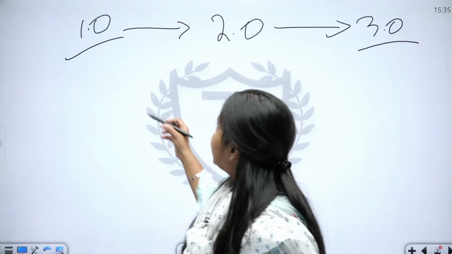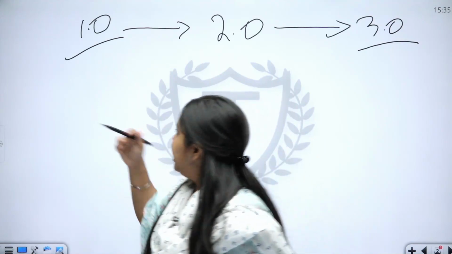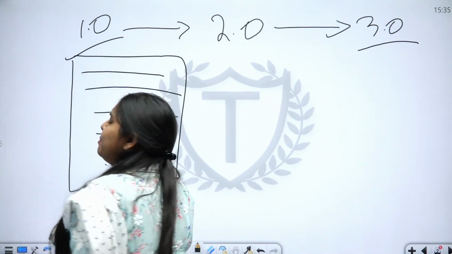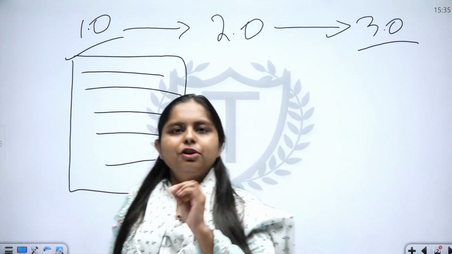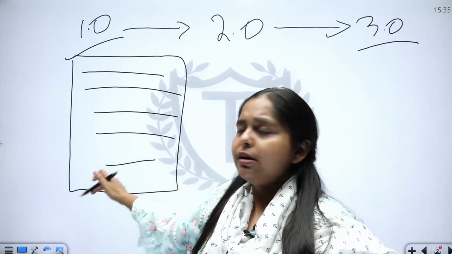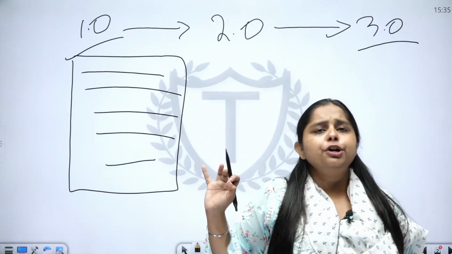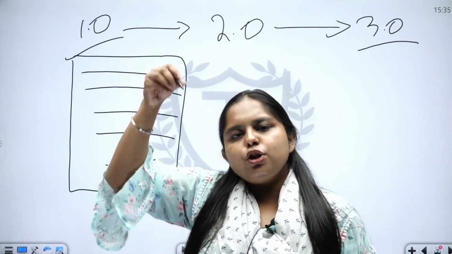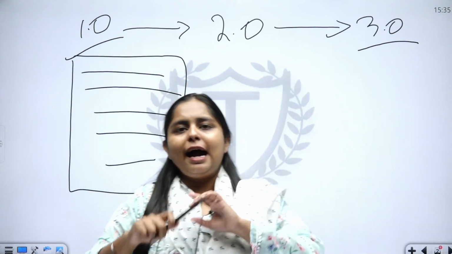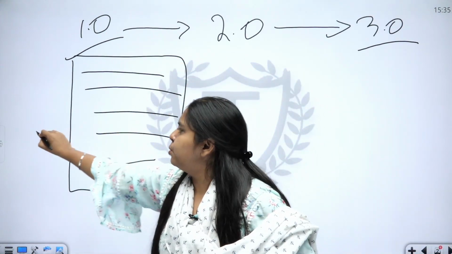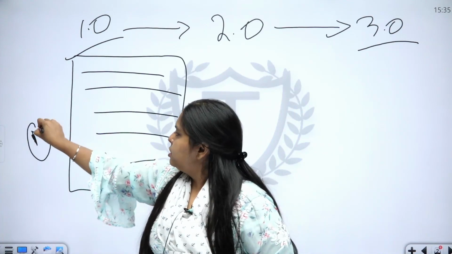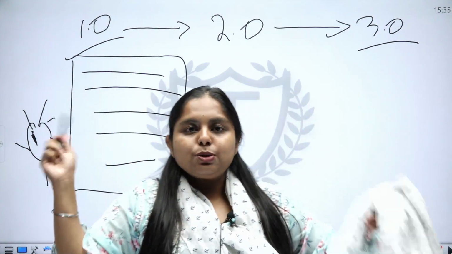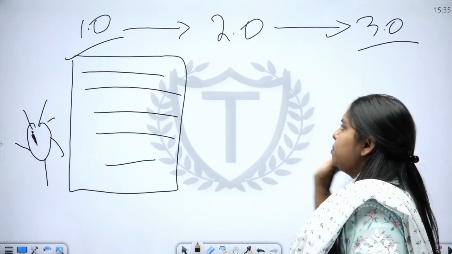So what was happening? Initially in 1.0, it was a monotonous textual document which was uploaded by a central authority, a central node, and published worldwide. This was simply what 1.0, the first version of web, was. There was just information which was produced, managed and distributed through one central node. So this was the center and this was giving out information. This was what was happening in Web 1.0.